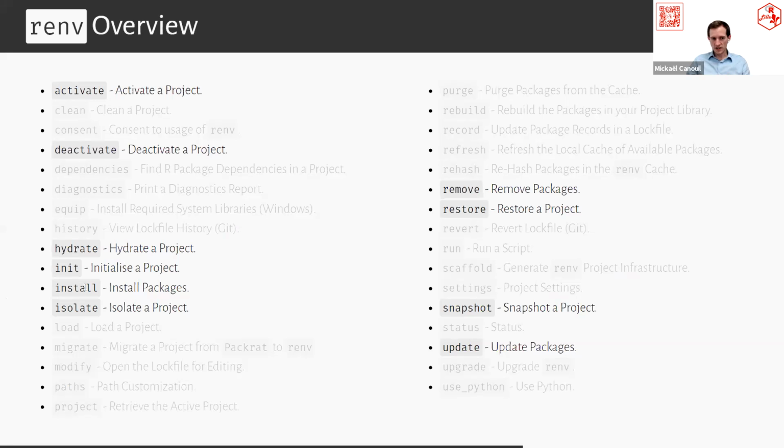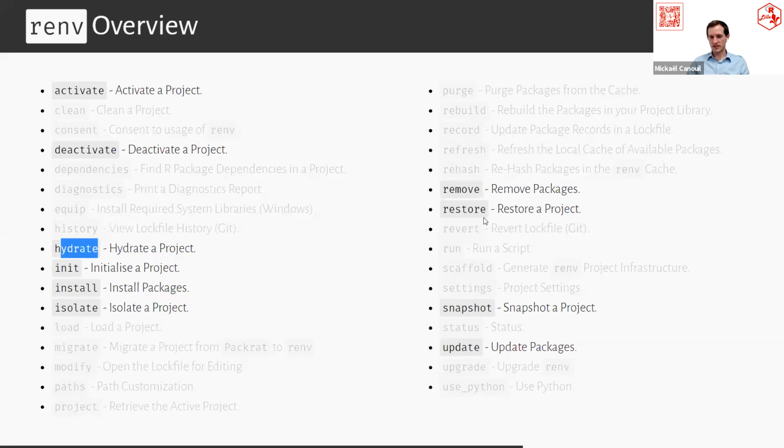You can install packages with install. Hydrate is the function that actually does the scanning, including R Markdown scripts and R scripts. Any call to a package as a prefix or with library or require will be detected by hydrate, meaning you can save time because here you can actually get all your packages from one project in one go using that function.